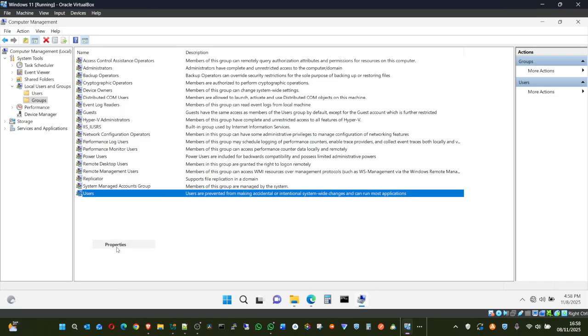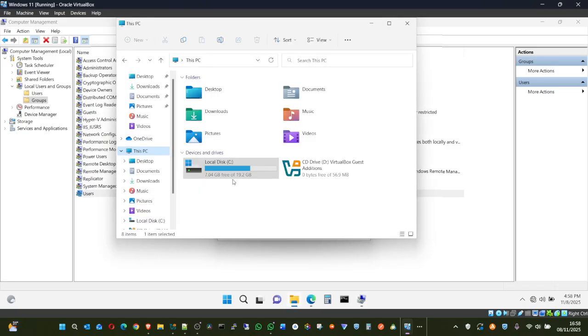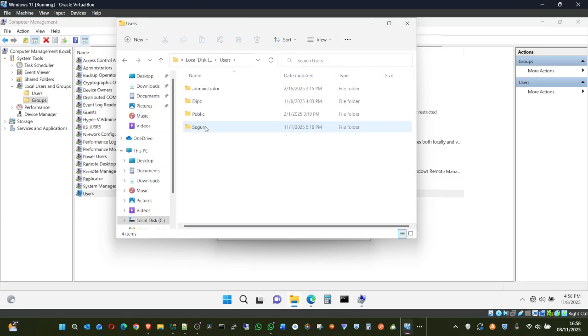Right click here, click on properties. You can see who are the users that have been joined to this group. You can see Shegun, you can see Simon. If you also check this folder here, under users, you see Shegun, and we also have Simon. I think I've deleted Simon.